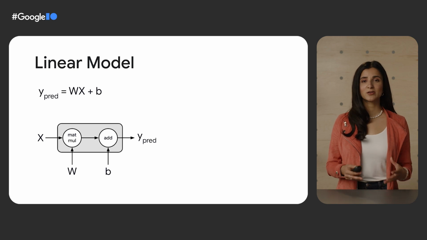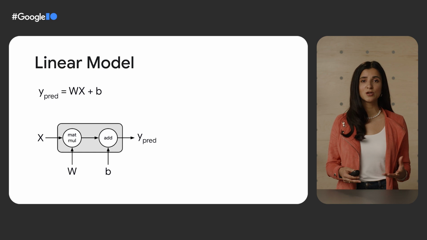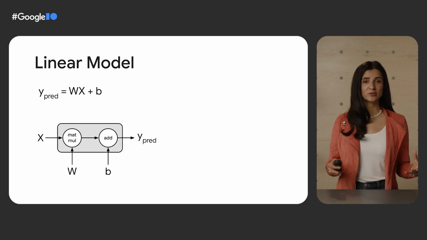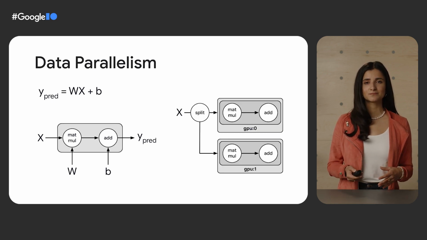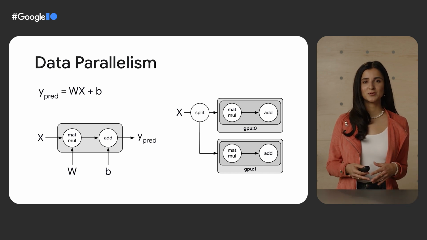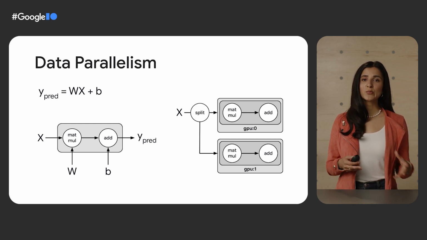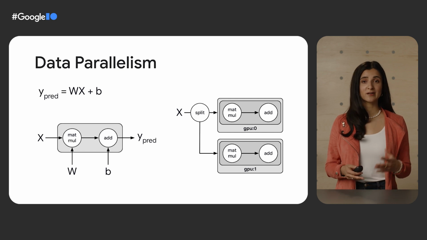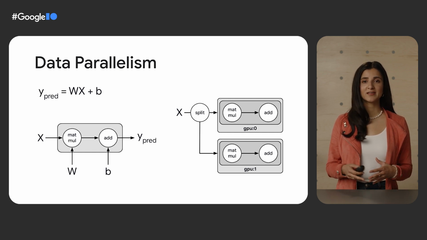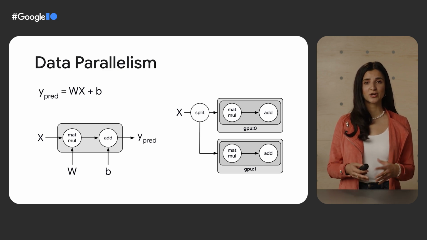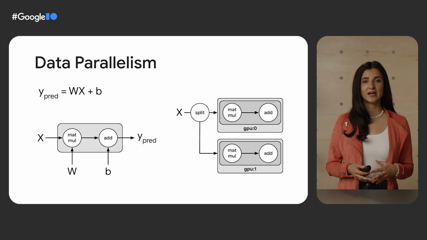We want a way of executing this computation such that we can leverage multiple workers. Workers in this case could be multiple accelerators, such as GPUs or TPUs on a single machine, or multiple machines, each with potentially multiple accelerators. So let's say that we have two GPUs we want to make use of. One way we might go about this is with data parallelism, where we distribute our dataset such that each worker processes a different portion of the input batch on each training step with the same model. You can see an example in the diagram on the right.